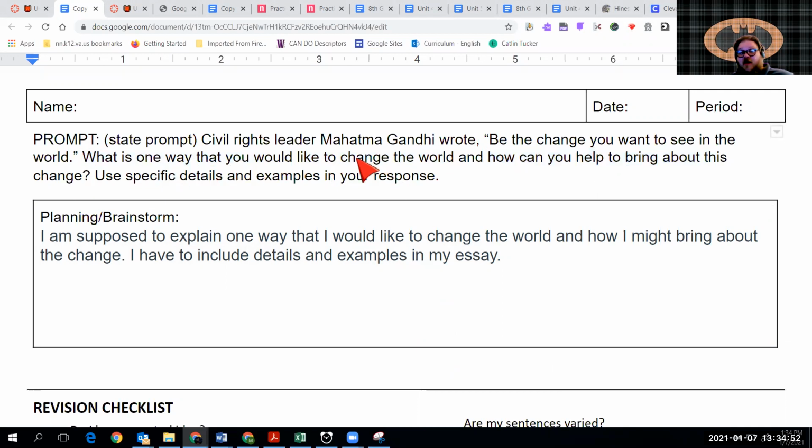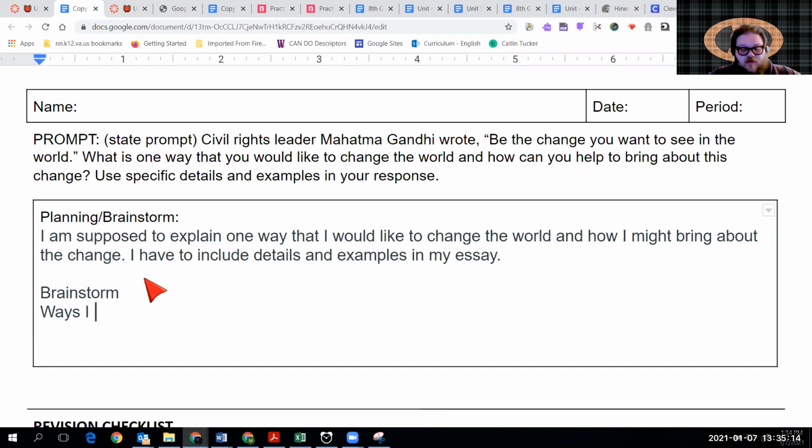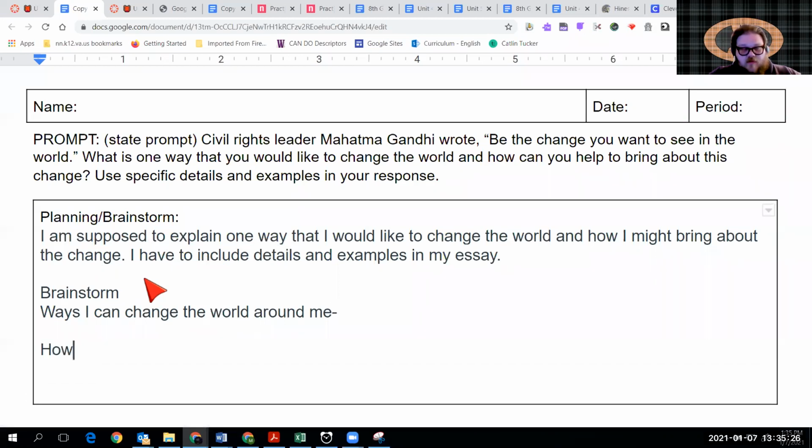So I'm probably going to identify my change. And then after that, I'm going to list reasons. I'm going to brainstorm reasons. So let's go down here in the box underneath our unpacking the prompt. Put my brainstorm in. Okay, on your paper,